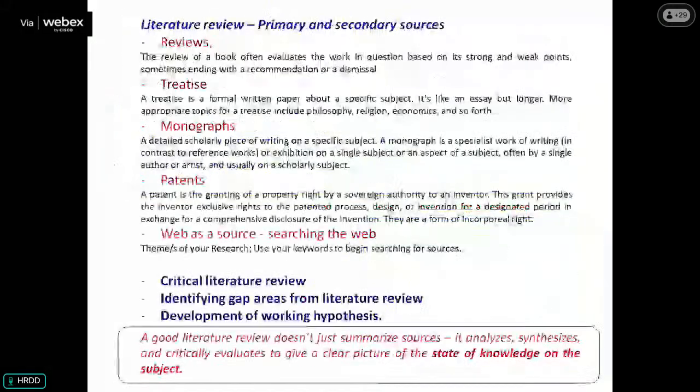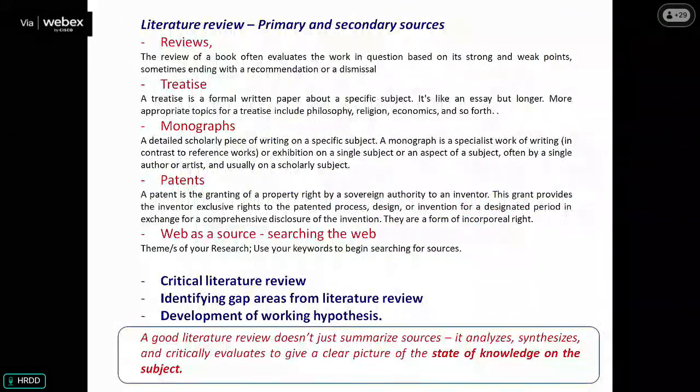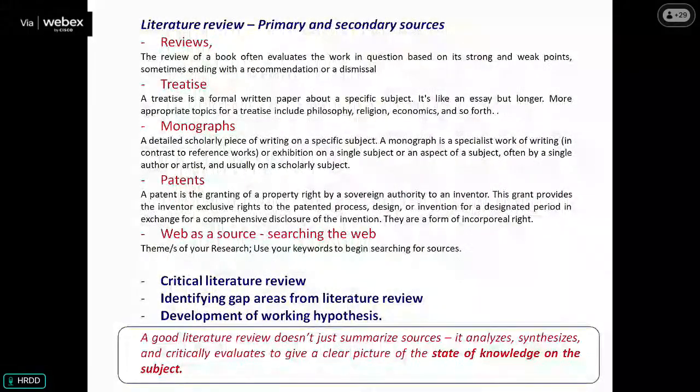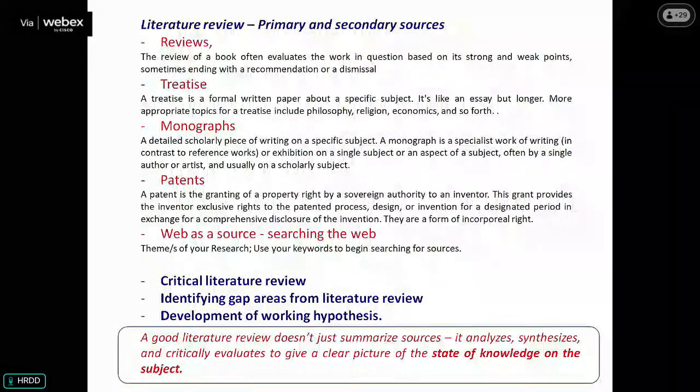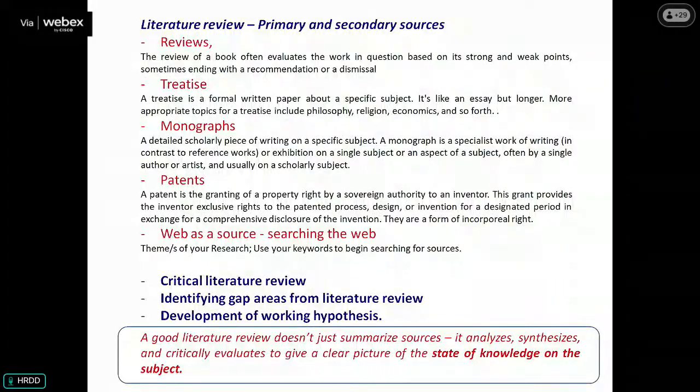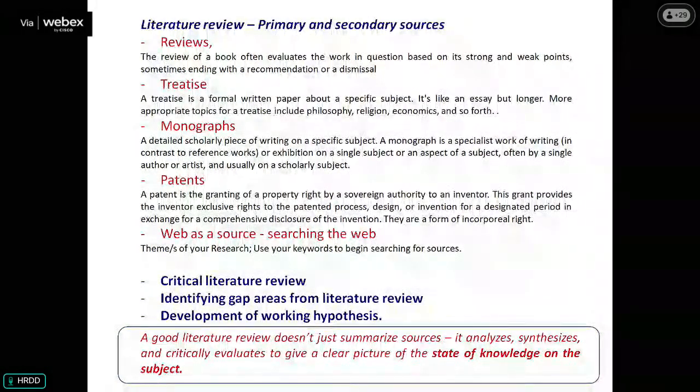So this is what. Primary and secondary sources, they are known as primary and secondary sources: reviews, treatises, monographs, patents, webs. Critical literature review, identify gaps, areas from literature review, development of working hypothesis. Okay, a good literature review doesn't just summarize sources. So you do a literature review, say 15, 20